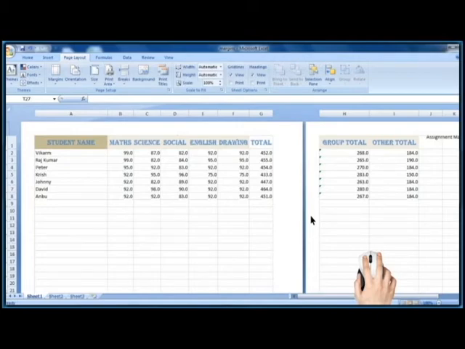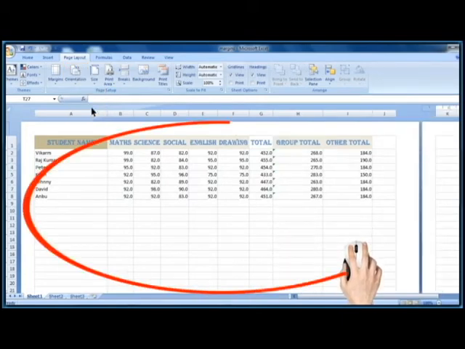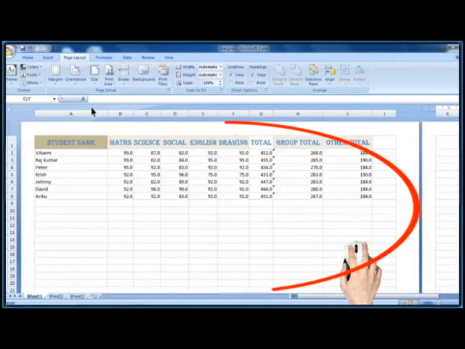I would like to convert this portrait orientation to landscape. I clicked on landscape. See, this is the landscape orientation of the page. To bring it again to portrait orientation, click on the same.